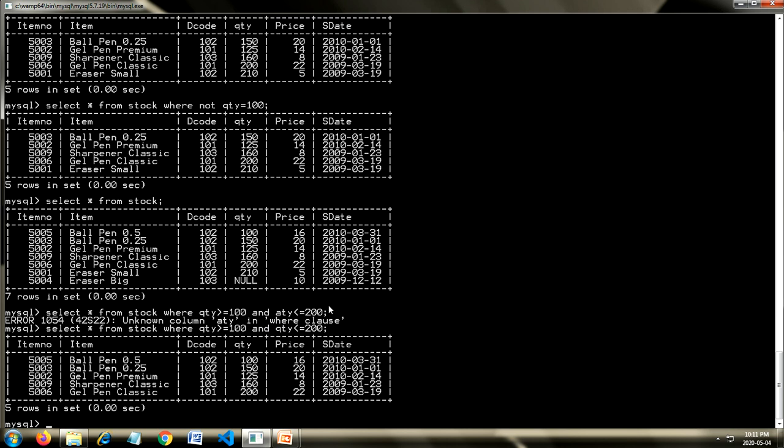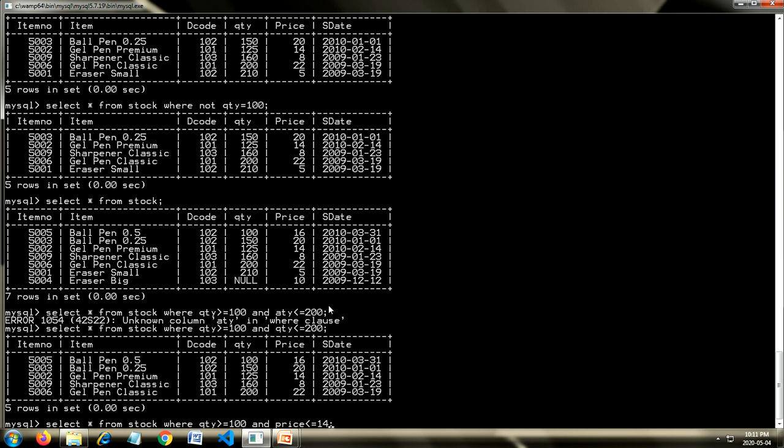Second, we can take one more example. Let us say where quantity is more than 100, but price should be less than 14. So let us see. Select star from stock where quantity is more than 100 and price is less than, let's say 14.